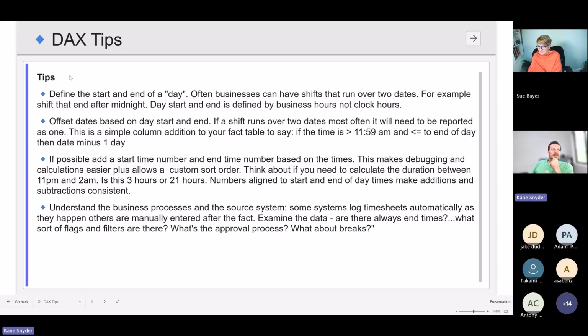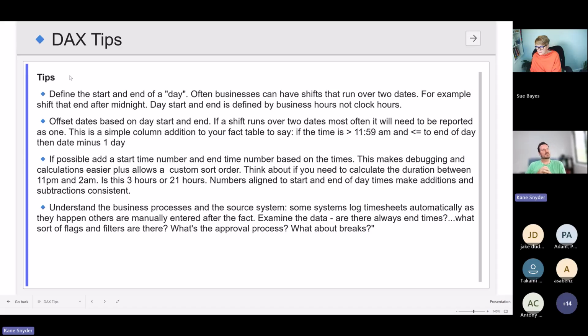If possible, add a start time and end time number based on the time. So this is something I've done. It makes debugging and calculations easier. You can just minus times off each other, but it allows you to be more explicit and custom with things like sort orders, and it's easier to debug a number minus a number than a time minus a time. If you look at an AM PM time and another AM PM time and start doing calculations, it gets confusing.